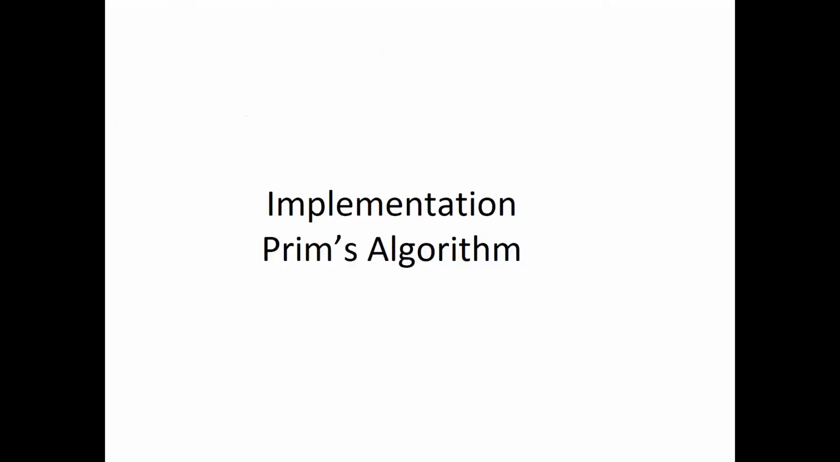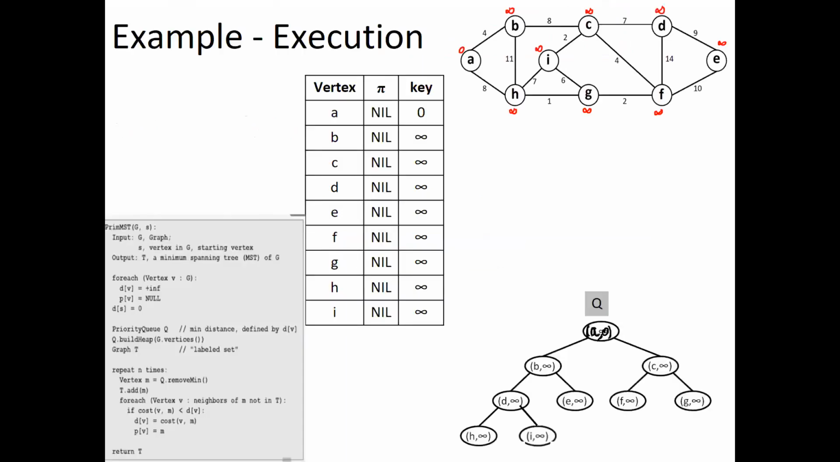Next topic is implementation of Prim's algorithm. Now in Prim's algorithm, we have to maintain basically two arrays. One is a key value array, another is a predecessor array. So what we have to do, we have to initialize the priority queue by